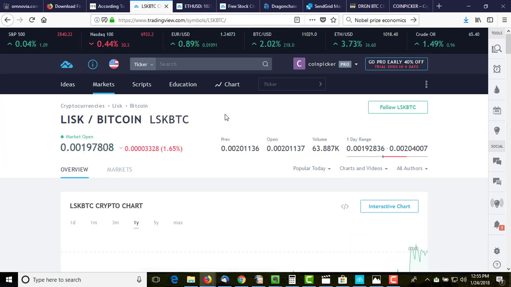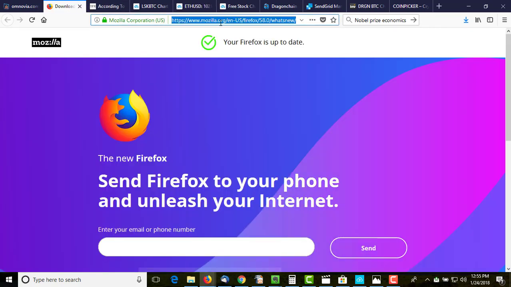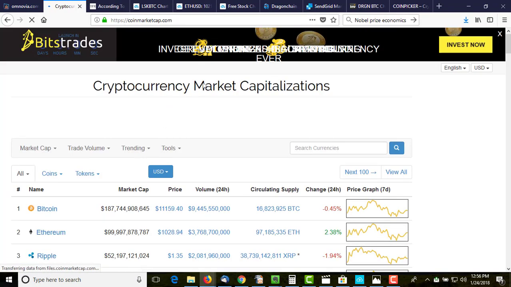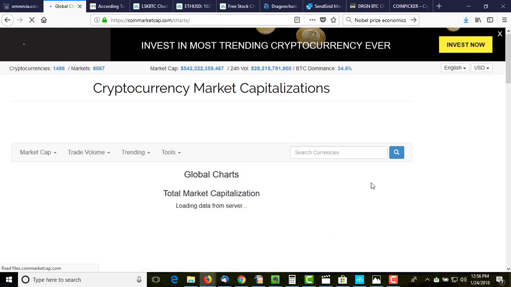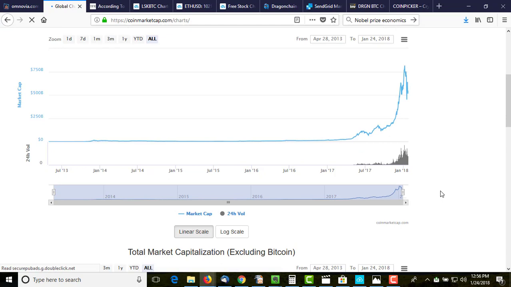But right now, I'd say the tendency in the total market, if we look at the total market, oh boy, here we go. Let's get rid of that. If we look at the total market on CoinMarketCap, take a look really quickly, and we'll take a look at the chart. We're just treading water right now. We haven't moved much anywhere.